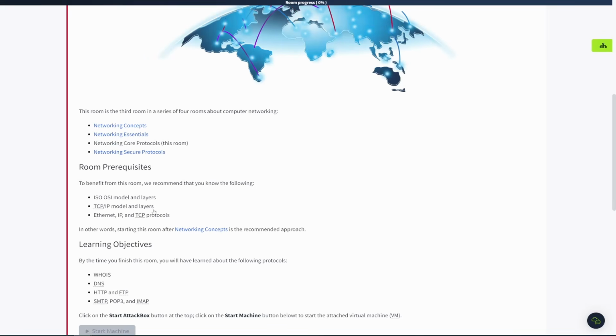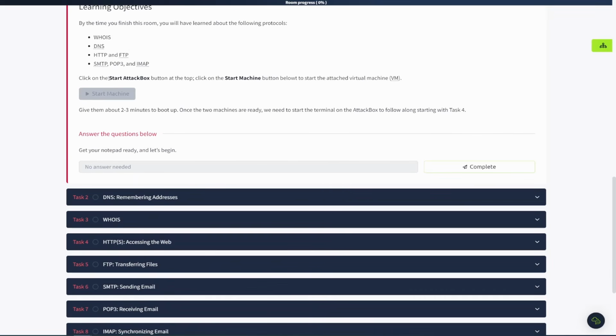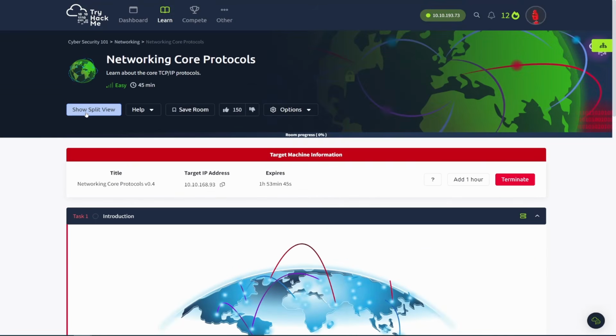It is recommended down here that you have done the networking concepts room before doing this room. You also should follow the order and do the networking essentials room. It's helpful. I have full walkthroughs of both of those on my channel, so you can check those out there. And then in this room, we're going to learn about additional protocols, specifically these ones that are listed down here. We'll dive into each one of those individually, and then you've got to start your machine and start your